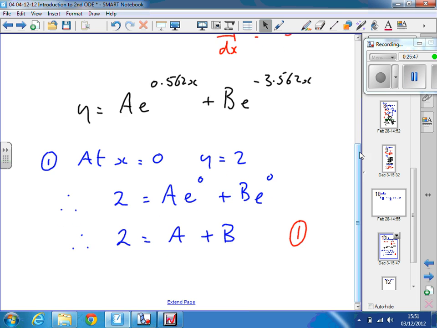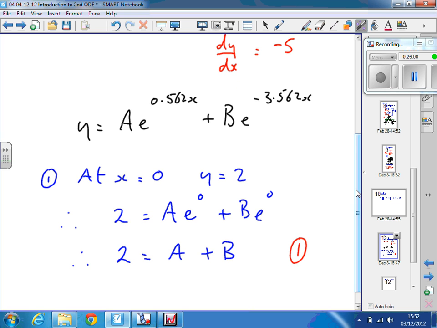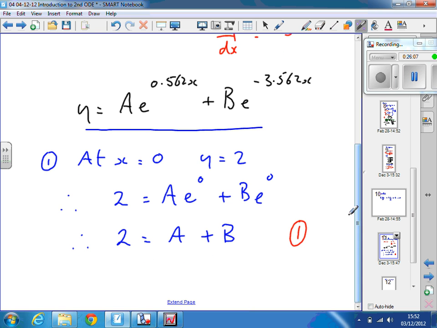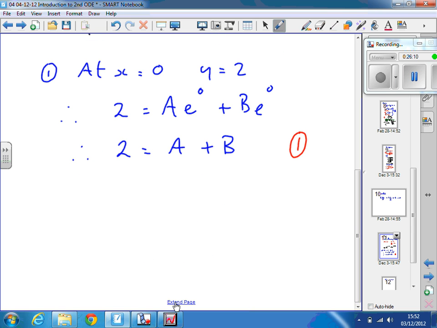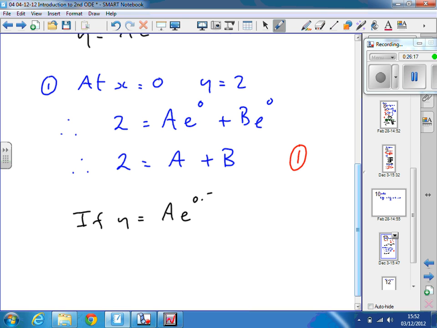The second condition that we're given, the second initial condition, is to do with the differential. At x equals 0, dy by dx equals minus 5. So we've got to take this and differentiate it to get dy by dx. So for the second one, if y equals a e to the 0.562x plus b e to the minus 3.562x,